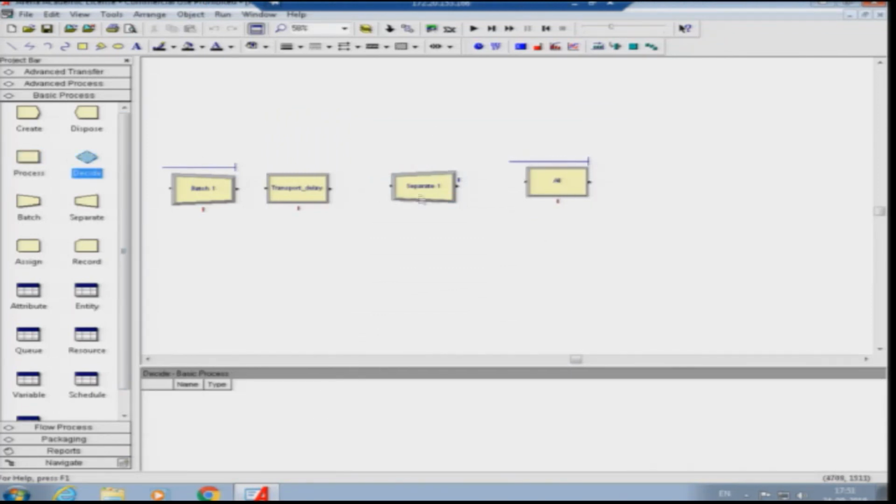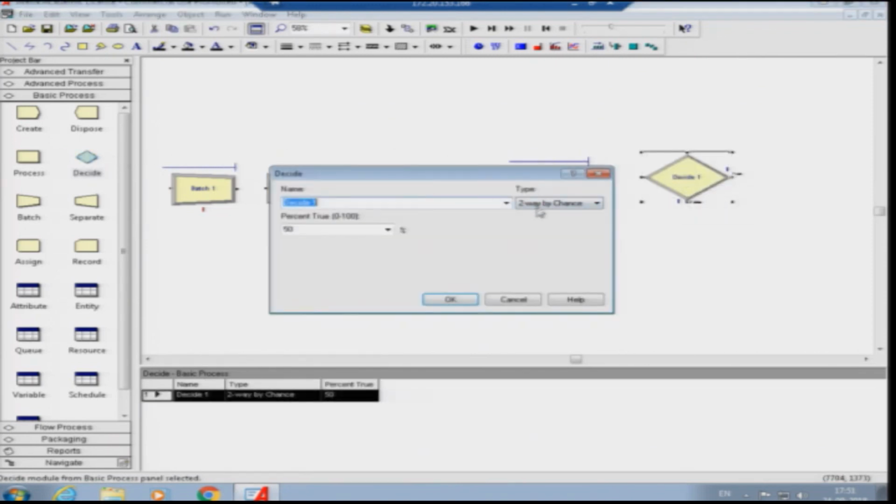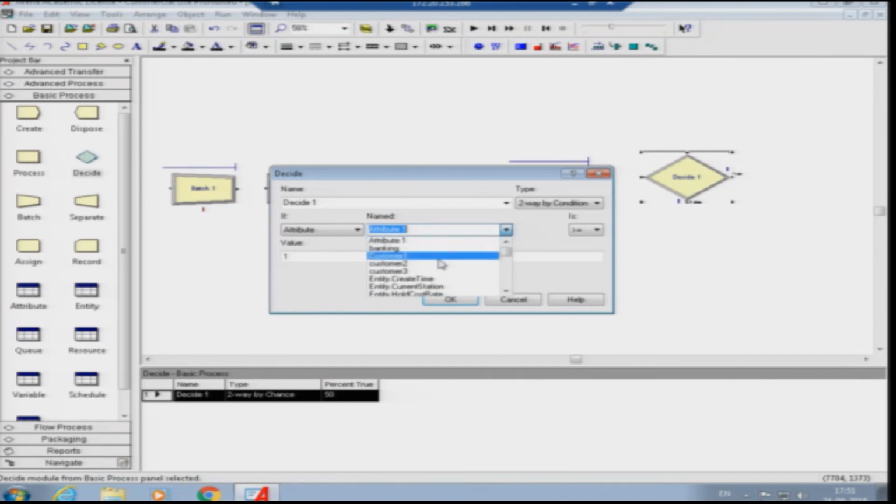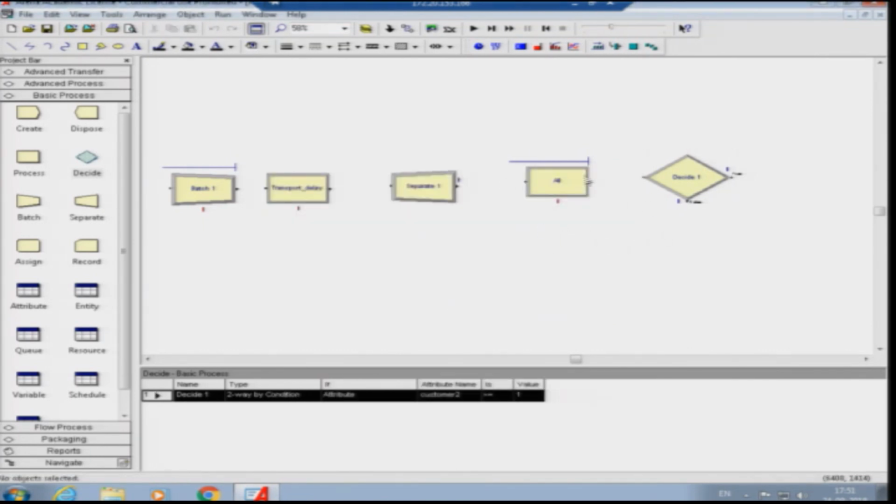Again, we will put the decision node in order to identify which of the customers belong to the group which wants to make a draft. So, we will again use a two-way by condition with the attribute name as customer 2 equals to 1. Then we would use two different dispose nodes.